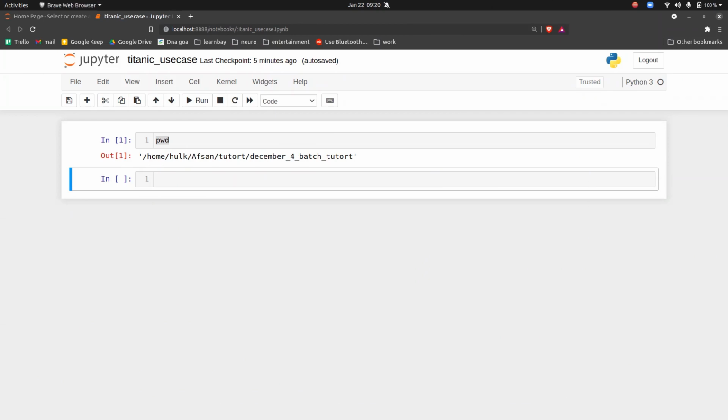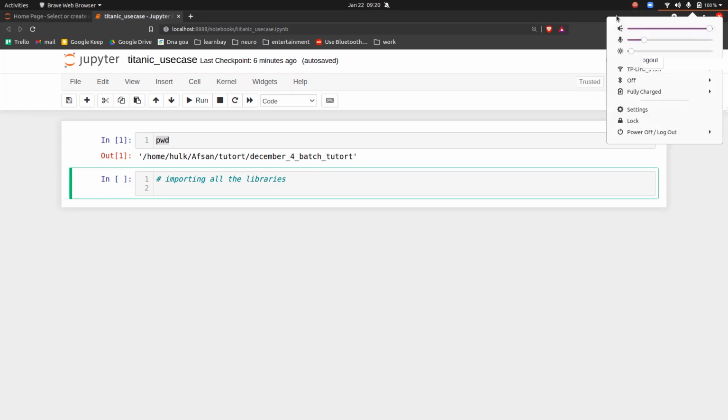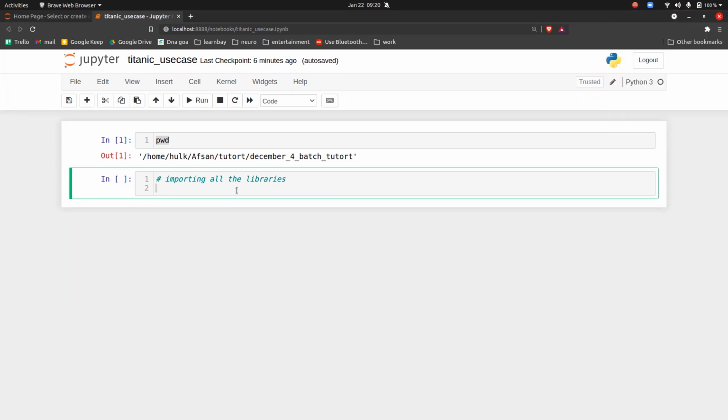So, the first tip that I'm going to tell you is whenever you start with any project in your life, at the starting only, try to import all the libraries that are required. So, importing all the libraries. What you have to do is import all the libraries that you will be working with in this project. So for example, we can use NumPy,